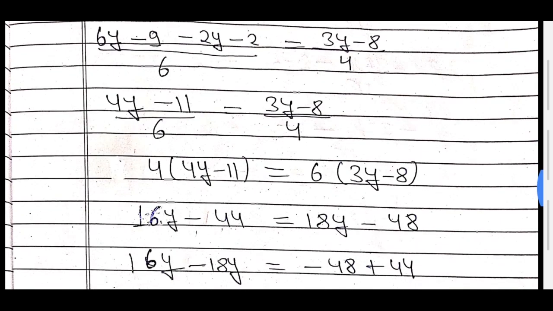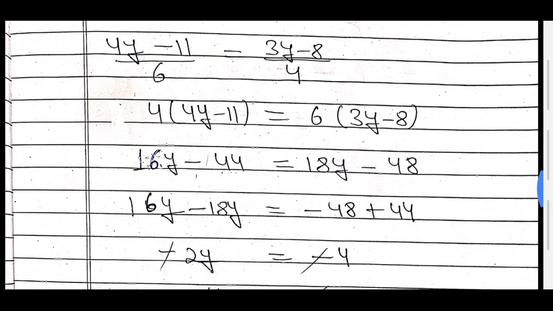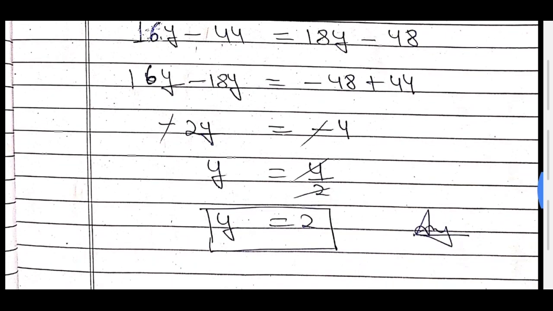Now you get here again, then cross multiply. Multiply this by 4 and multiply this by 6. You write here 4, here 6. Now solve. 4 times 4 is 16, 16y, 4 times 11 is 44, 6 times 3 is 18, 6 times 8 is 48. Signs will remain as per the calculation. Now just arrange here: 16y, 18y come this side become minus, this comes this side becomes plus. Plus 16y minus 18y you get minus 2y, minus 48 plus 44 you get minus 4. Cut minus by minus, you get 2y is equal to 4. When this 2 comes this side it becomes divide, then y is equal to 4 by 2. When you cut, you will get 2. What is the value of y? Value of y is 2.